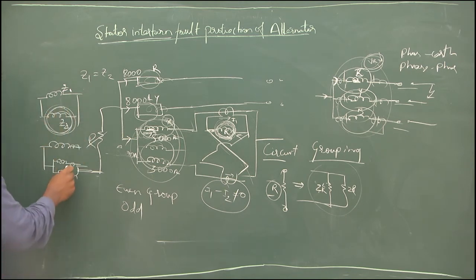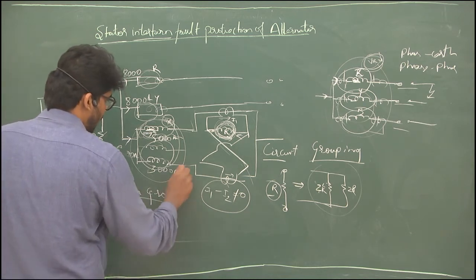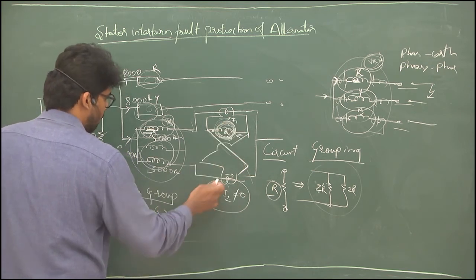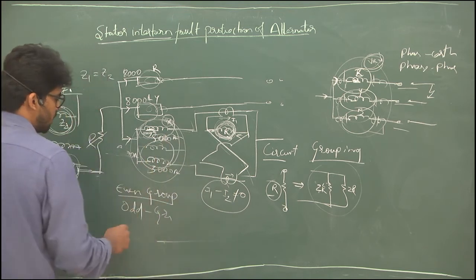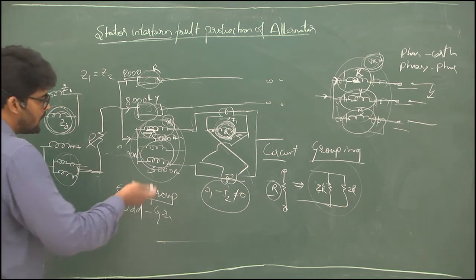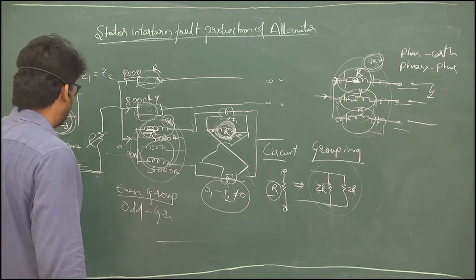Okay. So that's the CT configuration that will be changed there. That is one point. Even grouping means we'll have the same configuration of CTs, but odd grouping means, depending upon the purpose, we'll change the CT ratings. That is the one point I need to say. And one more thing: not all generators will have the possibility of grouping.